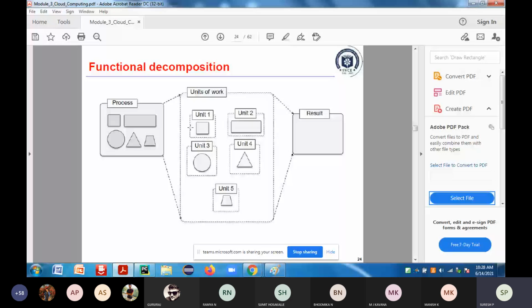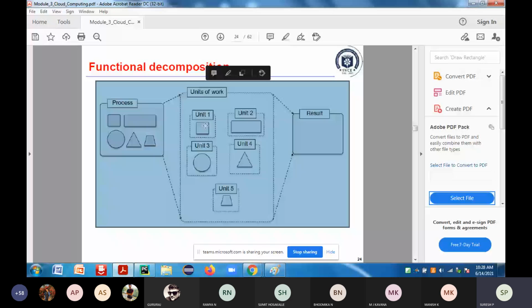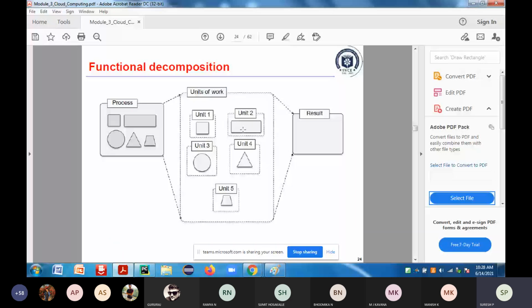And if I want to calculate the area of the rectangle, I have to create a thread and pass the parameters to that particular thread to calculate the area of the rectangle. Then if I want to calculate the area of the circle, I have to pass the parameters which are required to calculate the area of the circle to unit 3. So the unit of work which is calculating the area of the circle is unit 3.